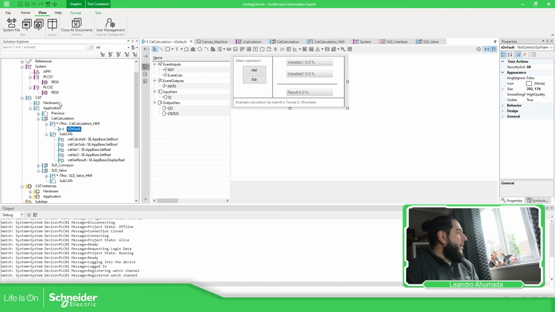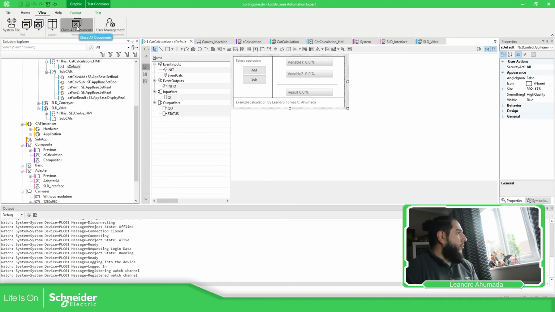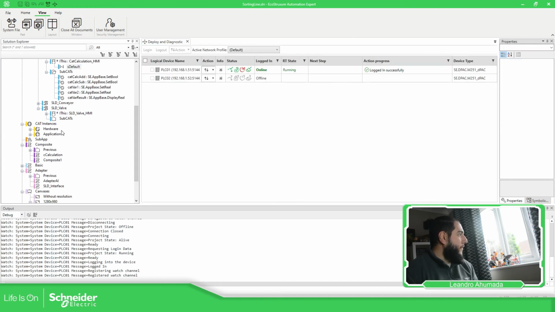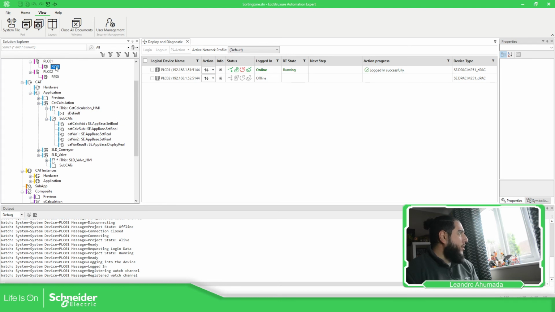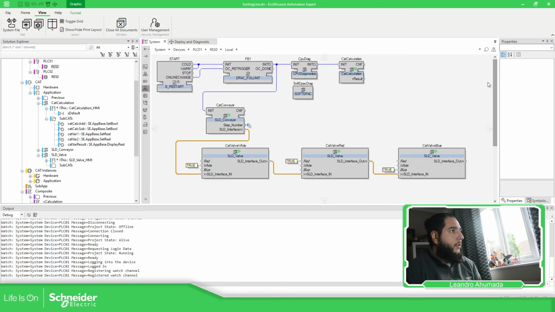Now, let me close all the documents. I'm left with equipment. Let me show you this. I am calling the cut calculation, and as you can see, it's only one entry to initialize everything, and that's it. There is nothing else. This cut has its own instance, so I can copy and paste, create a different instance name for the cut, and then I can have the logic for 2 calculations with different elements,